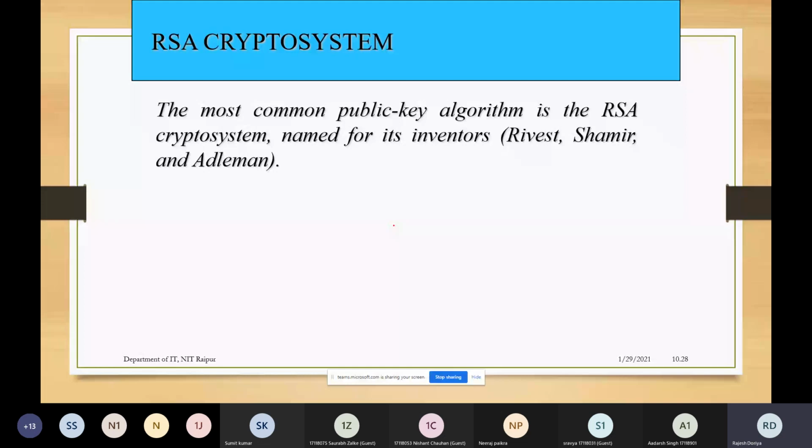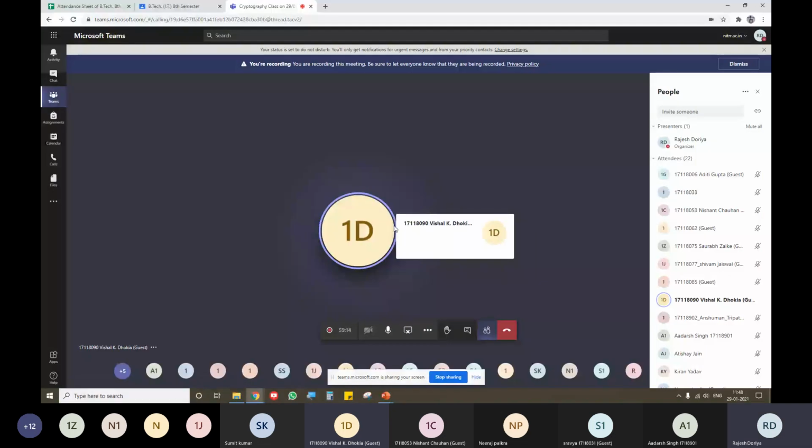Yes, sir. In asymmetric key, what we have is a public key and a private key on both sides, that is, in client and server both sides. Good. So to encrypt the data, basically we need to know the other person's public key, and when the receiver receives this encrypted data, it will open it with its private key because it was encrypted by its own public key. Good. Very good. Anybody else?